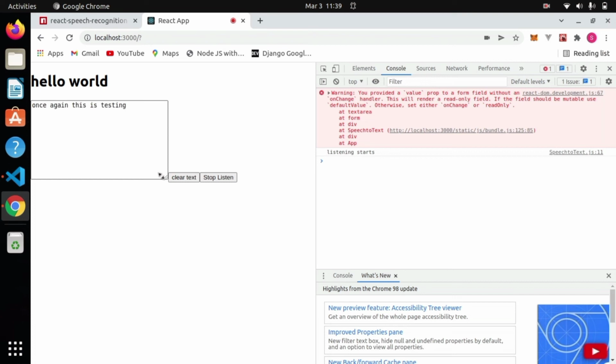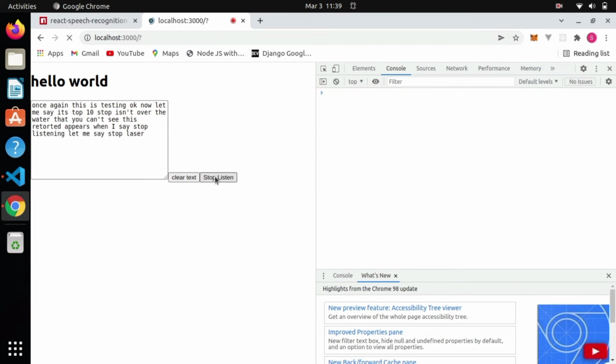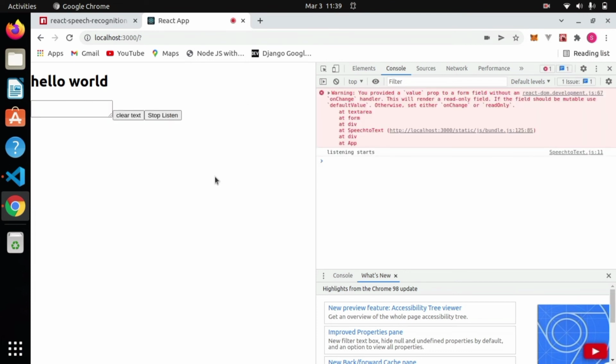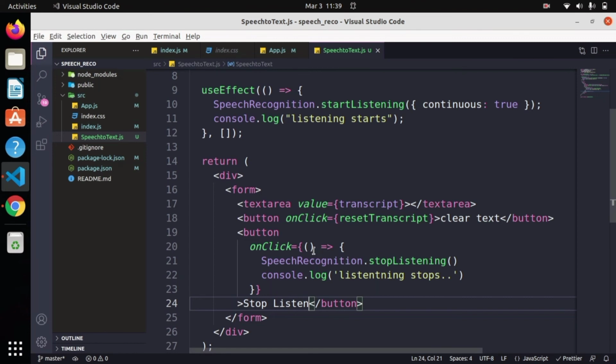Okay, now let me say stop listen over there. After that, you can see here this red dot disappears when I say stop listening. Let me say stop listening. Hi, hello. Okay, it doesn't disappear, but it has to stop the listening, right? But it doesn't do that. And here we didn't even get listening stops because here we have to say